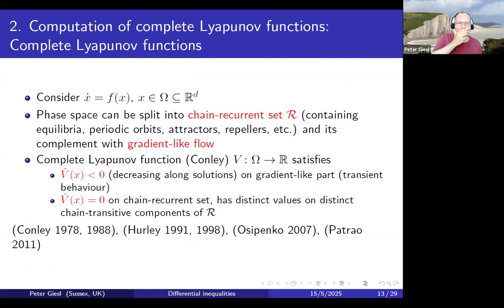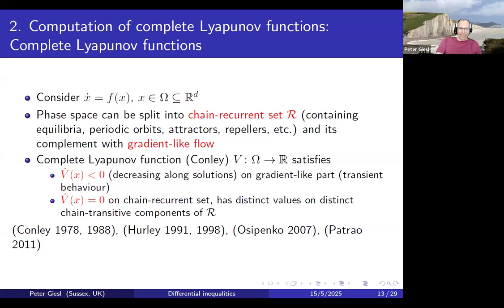So what are complete Lyapunov functions? You consider an autonomous ODE x dot equals f of x, which defines a dynamic system, and you think about the long-term behavior. The phase space can be split into two parts. One is the chain recurrent set. That's where all the equilibria, periodic orbits, attractors, repellers, everything that is more or less recurrent is. And then its complement has gradient-like flow, so it basically just passes through to the chain recurrent